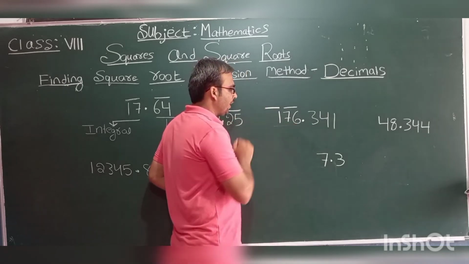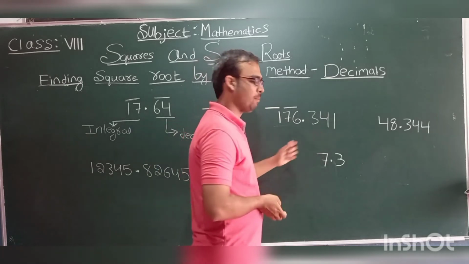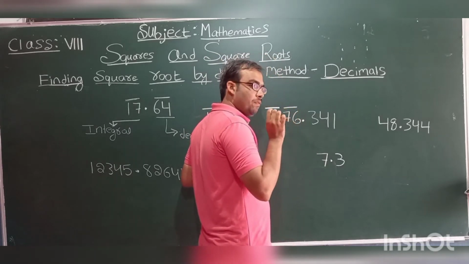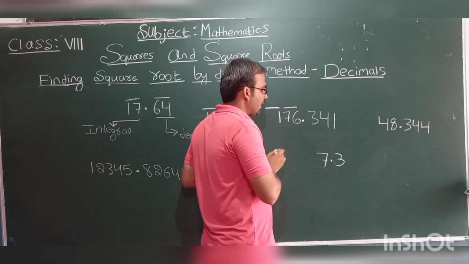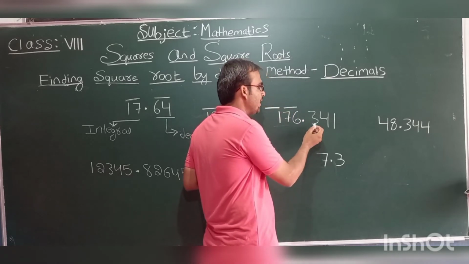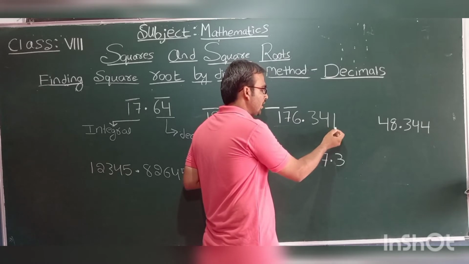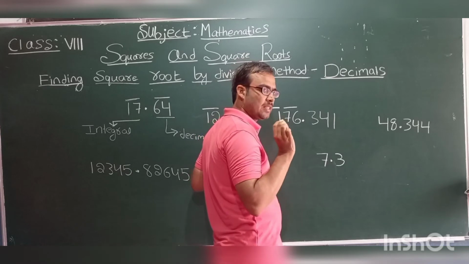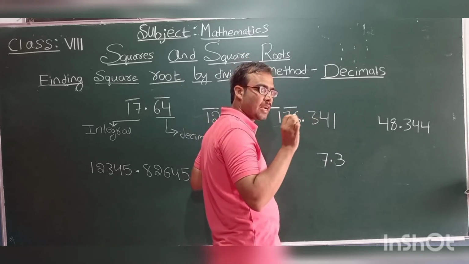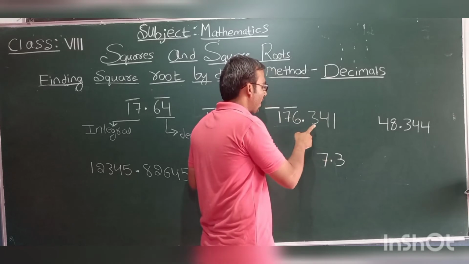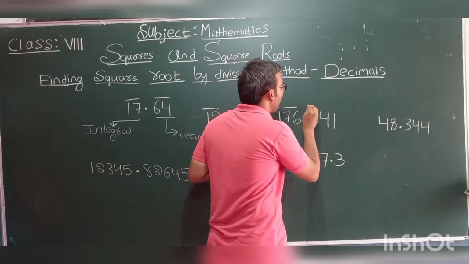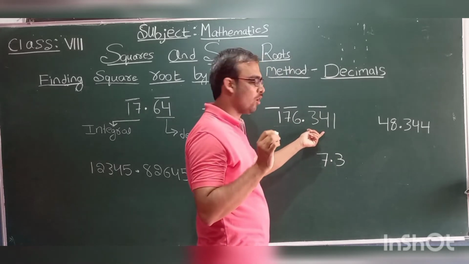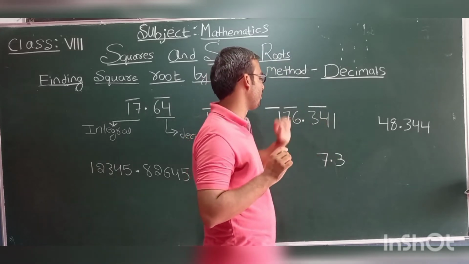After placing the bar over the integral part, now come to the decimal part. Here, how do you need to pair the numbers? Starting from the first decimal place. Here the first decimal place is 3, the second decimal place is 4, and the third decimal place is 1. You need to place the bar over every pair of numbers starting from the first decimal place. As 3 is the first decimal place, place the bar over the pair of numbers. Here we have paired the numbers 3 and 4.